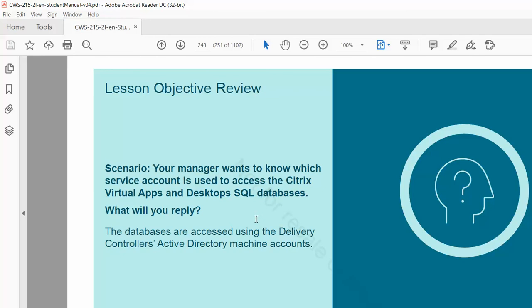For example, I created the AD user account CTN underscore admin. The CTN underscore admin account is managing both the Citrix services as well as the SQL. I don't have a separate SQL server running; it is in the same machine. For that reason, the same account is managing both my Citrix services and my Citrix related database services.